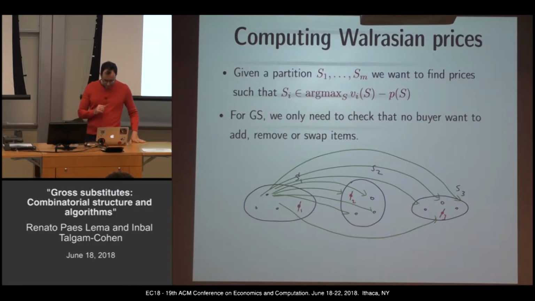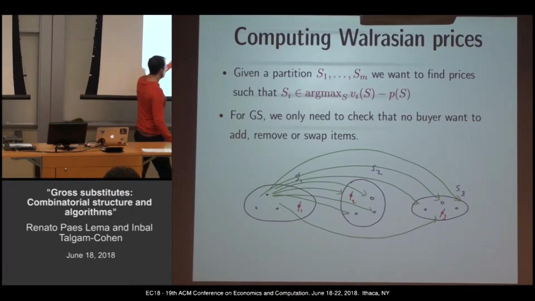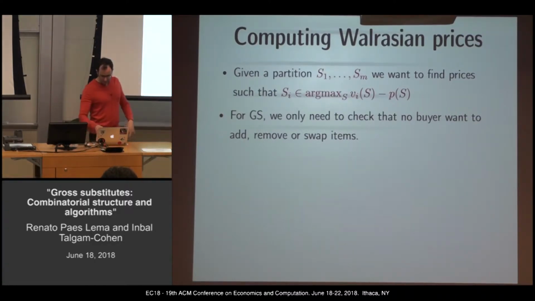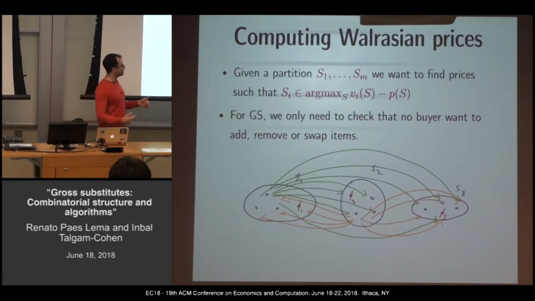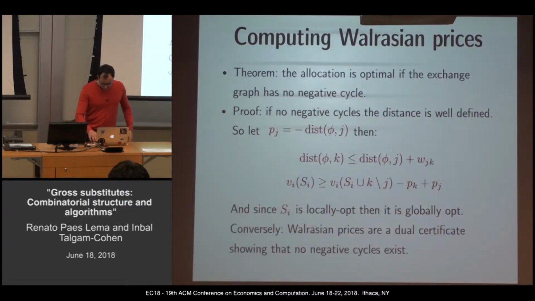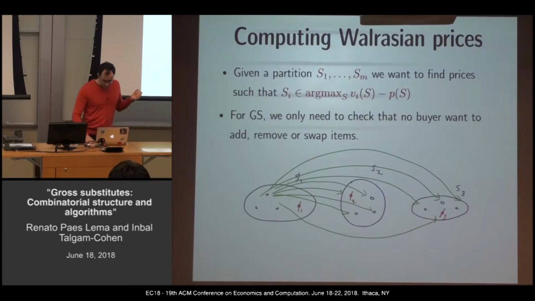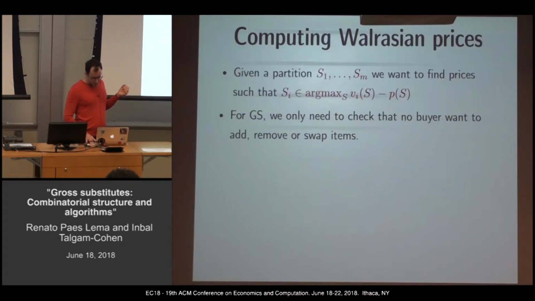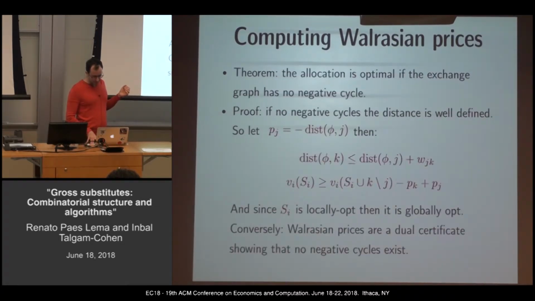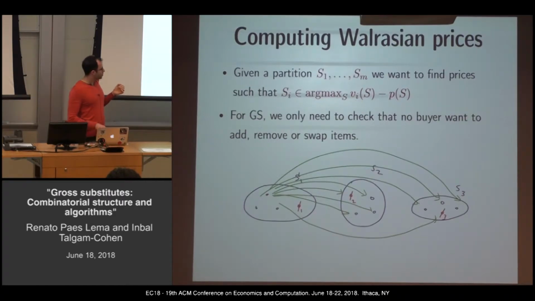Good. So for every item, I add edges for everything else that I don't own, so everything else outside my circle. I did that for every item, to get a bunch of arrows. But now I have a graph. And one thing you can do is compute shortest paths in this graph.